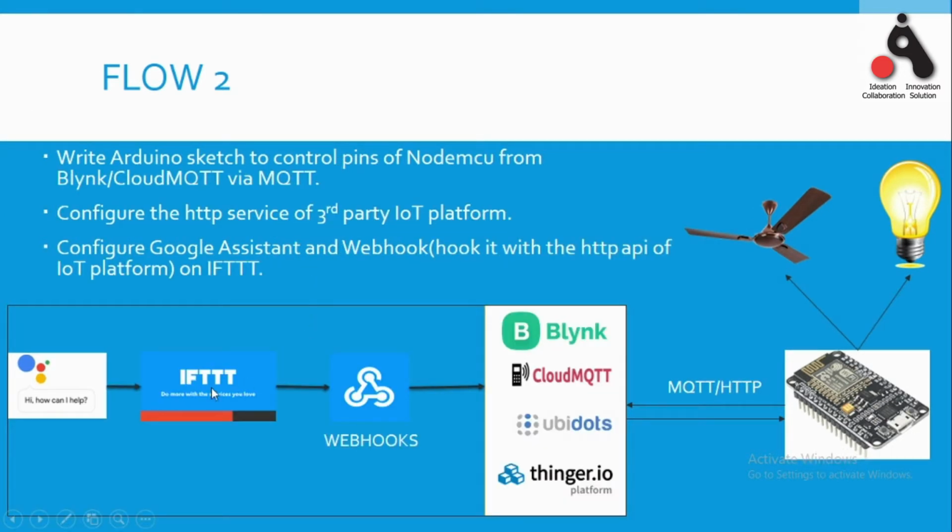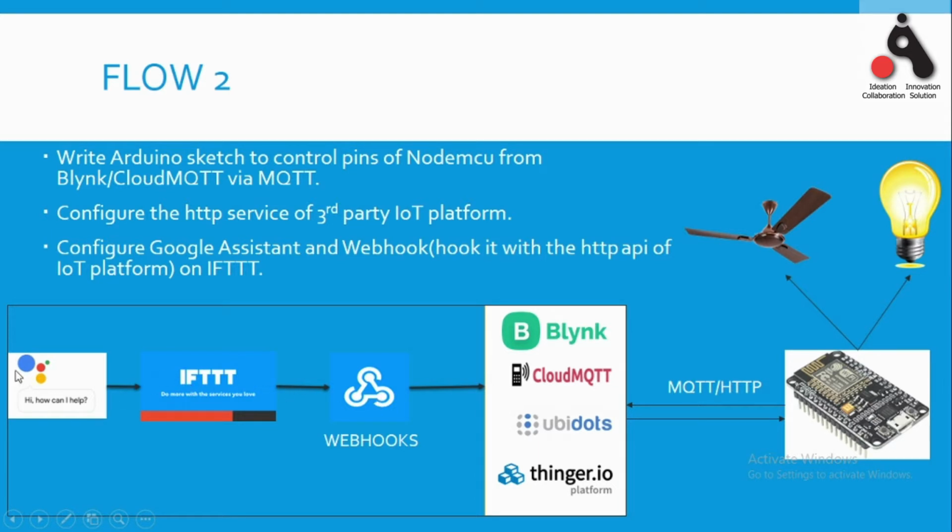In this slide, we have other platforms as well: Blynk, CloudMQTT, Ubidots, Thingspeak. These are some good IoT platforms which can also help us in controlling our NodeMCU pins from the cloud. But for these, IFTTT hasn't provided applets. Basically, we have them only for Adafruit. So we can also use these platforms using another applet which is called Webhooks. This is nothing but a web request.